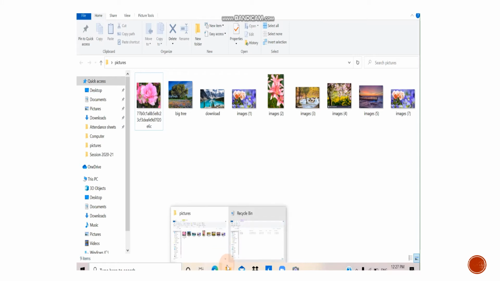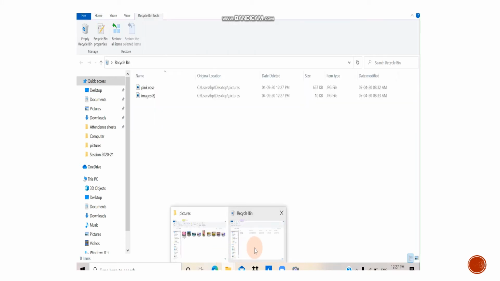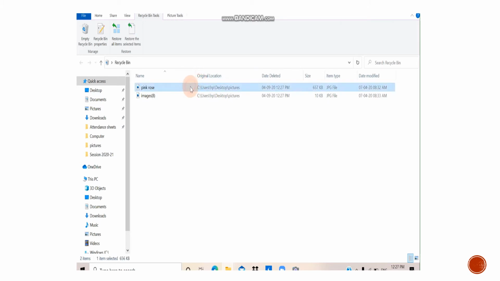Let us see where they have gone. This is the recycle bin where they have come. So, if you want to delete from the recycle bin also, what do you have to do? You have to just select it and then press the delete key.